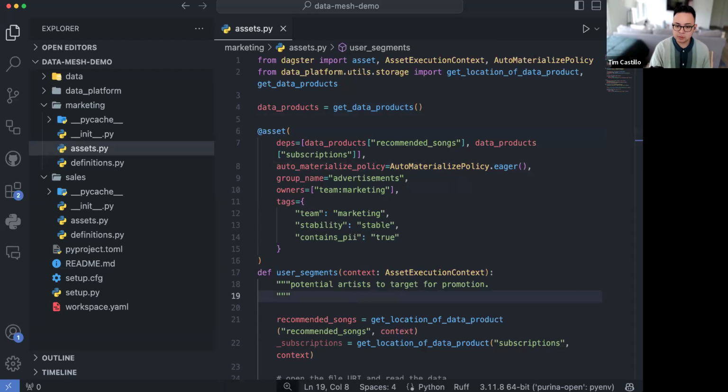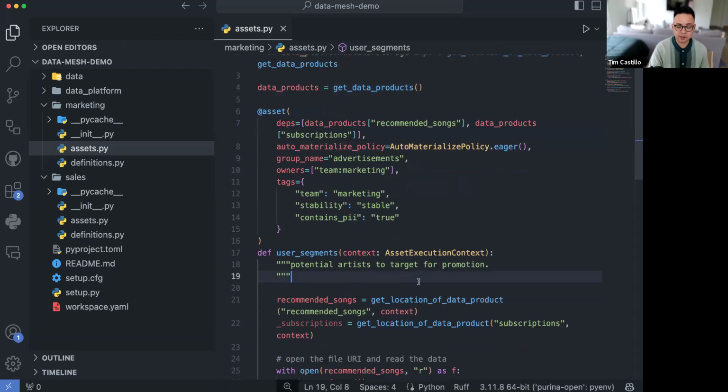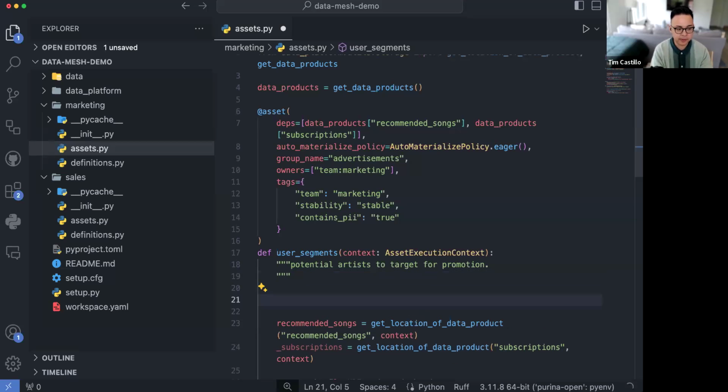Is there a way to query the metadata for assets? So yeah, if you want to do this externally of Dagster, we have a whole GraphQL endpoint that you can query and get all that information from. But if you want to get it from an existing asset, while you're trying to materialize another asset, this context argument has a whole lot that you might want to access. Like for example,